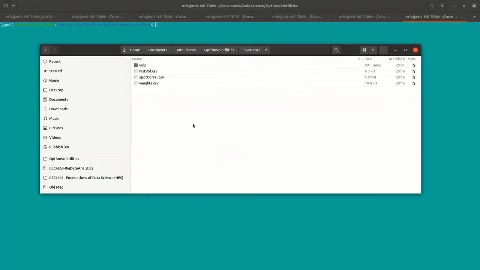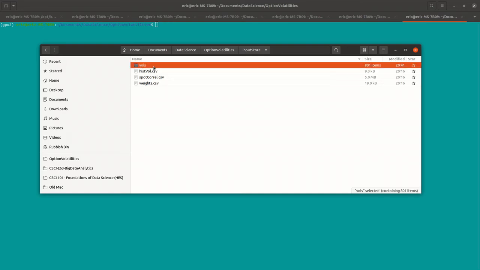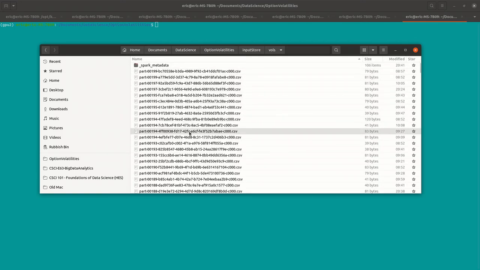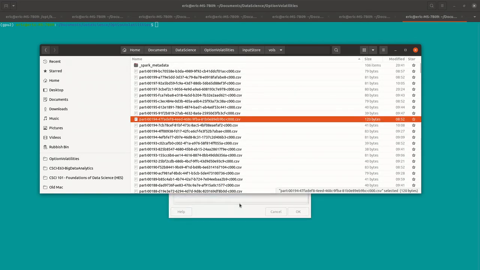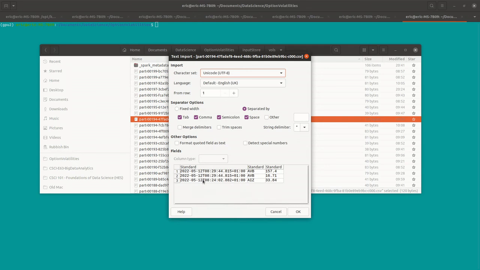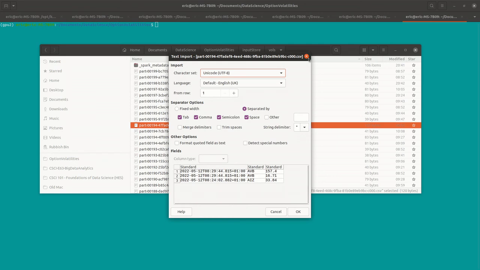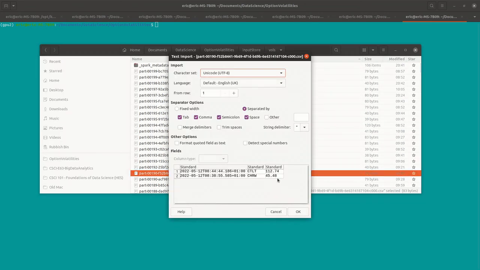Okay, finally the results are all pushed into this directory input store. The volatilities are streamed into this folder, and the way Spark works with files, it actually creates files for each append action that it does. So there's quite a lot of small files that get written. We end up here with a file which has the ticker and the volatility, and there's quite a lot of redundancy in these files. But what we'll do now is